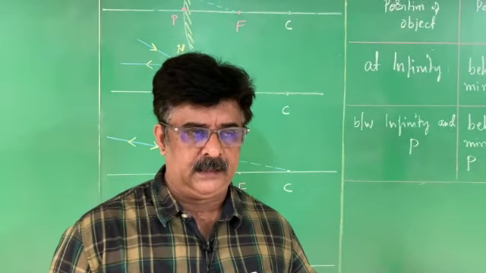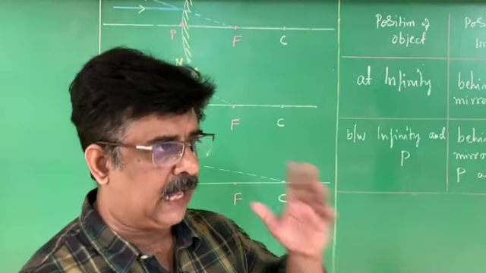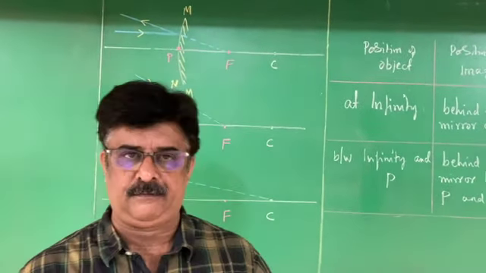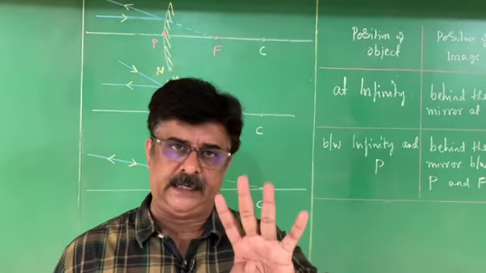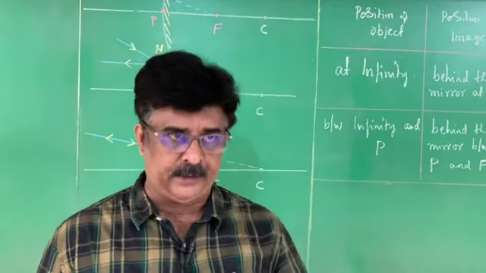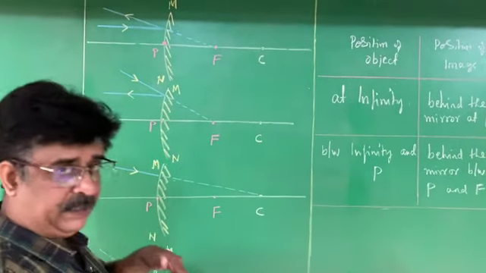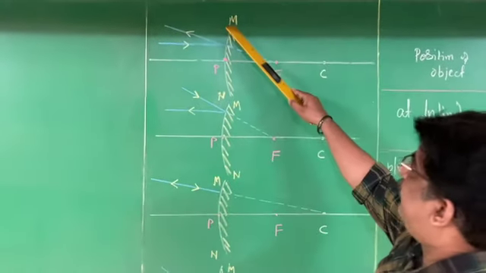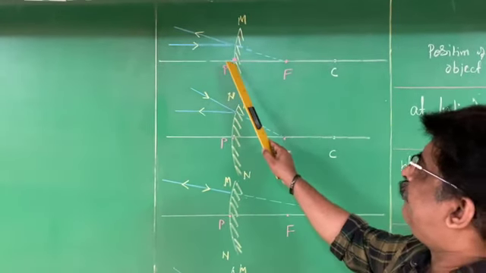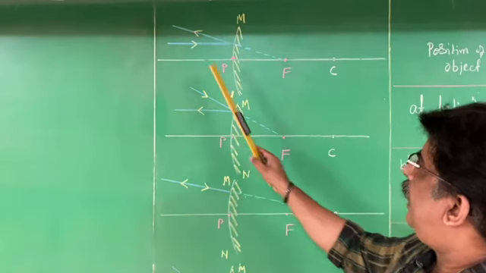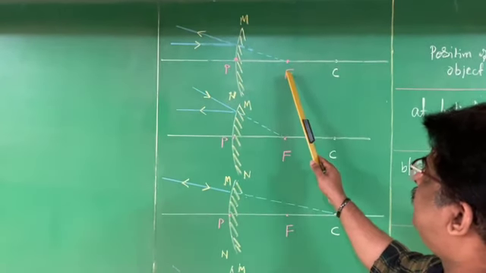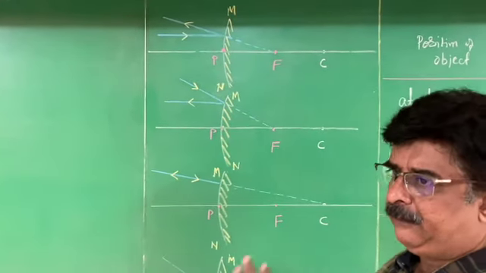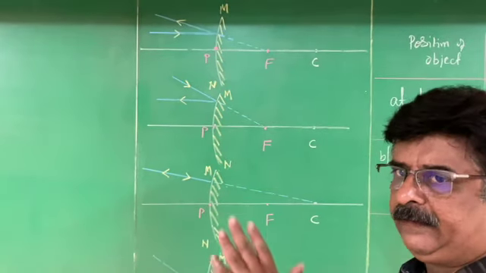Before writing the ray diagram or finding the chart, we have to understand which are the conditions required for the reflection of light in the case of a spherical mirror. Four conditions. I already taught in the case of a concave mirror. Now I am talking about the convex mirror. See, the first condition: let us imagine this is a convex mirror. The reflecting surface is facing the left side. And this is the center of curvature and this is the principal focus. Condition number one. Conditions are the same for concave as well as convex mirror.